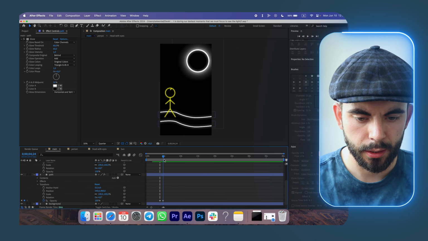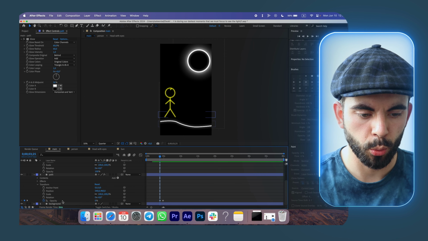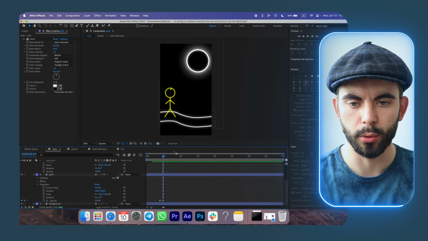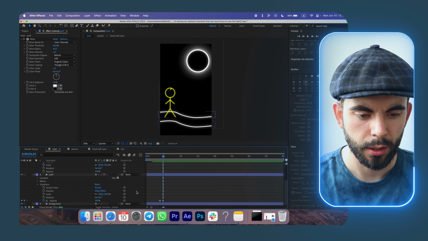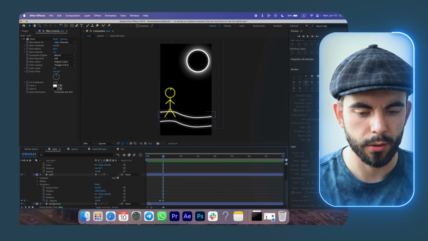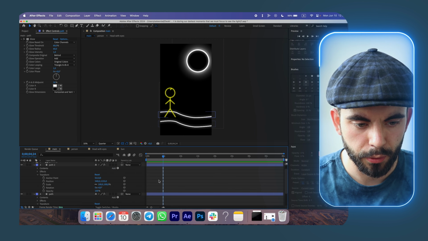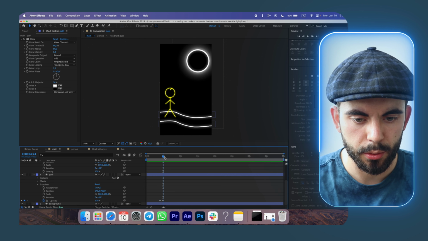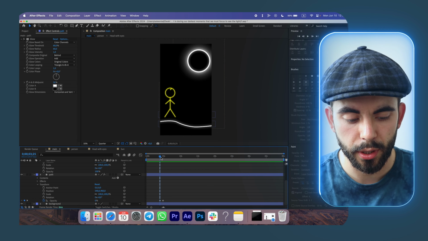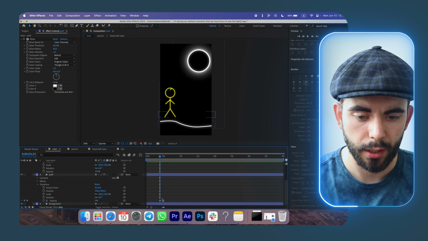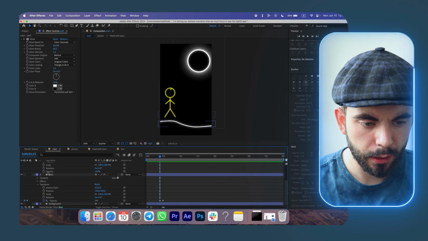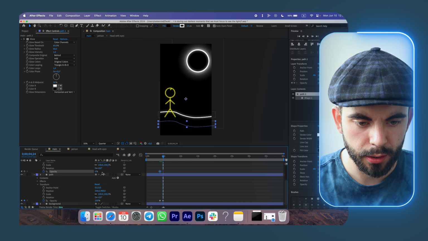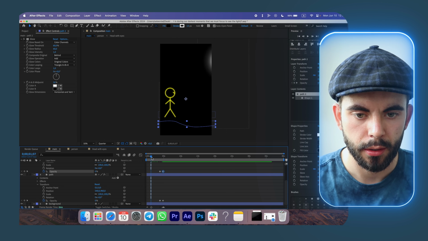So the way I did it is, in the beginning, we have opacity set to 0, and once the moonlight comes out, we have the opacity to 100. Now we'll just do the same thing for the other part. To switch between keyframes, just press shift and move. It will kind of glue to them. Now we'll just set opacity. Here we set it to 0. Here we set it to 100. Okay, so